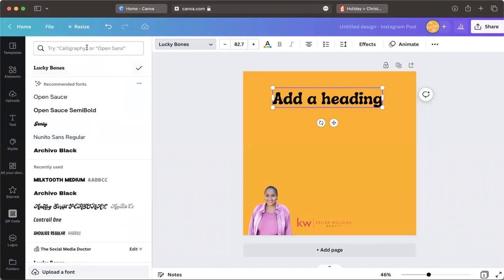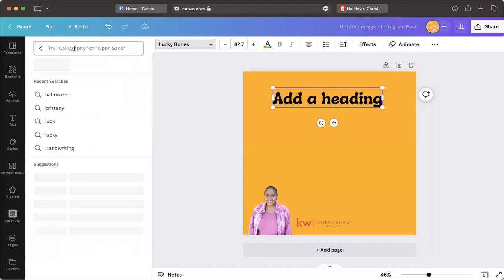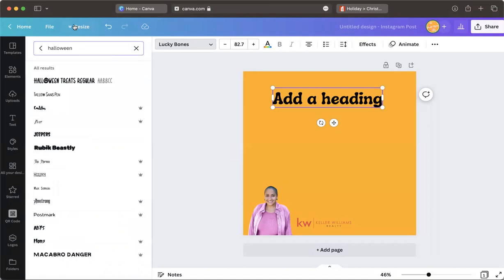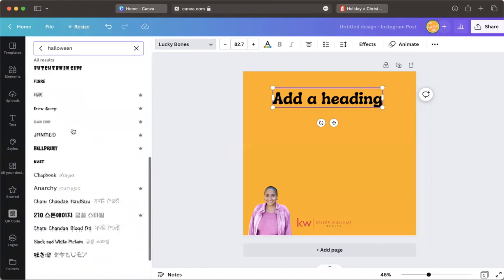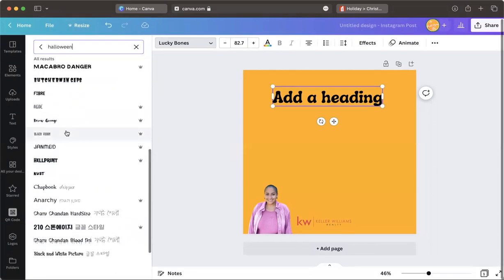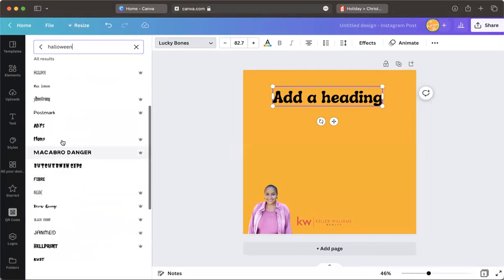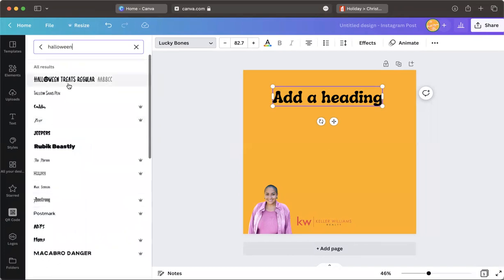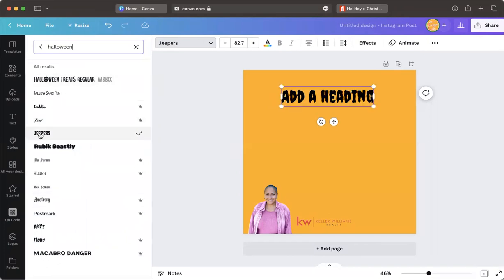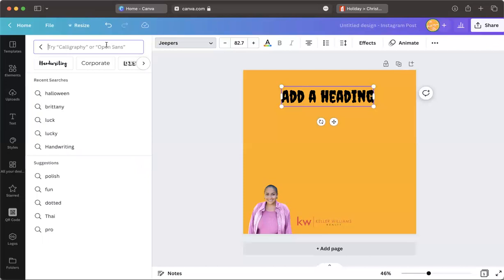And another thing that isn't a Pro feature, but you can come up here and you can actually search. So for Halloween, I would look up the word Halloween under fonts, and then it'll show you all the style fonts that it feels like would be a great font for Halloween. So I'd come on here. I like the Jeepers one. That was a fun one. And then I have a few that I uploaded that it shows, but it's kind of fun to be able to do that